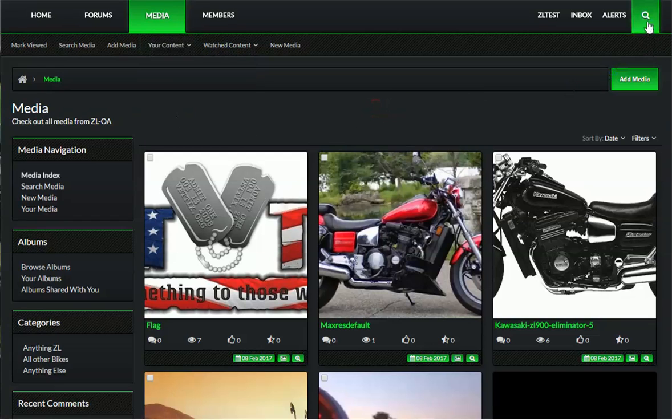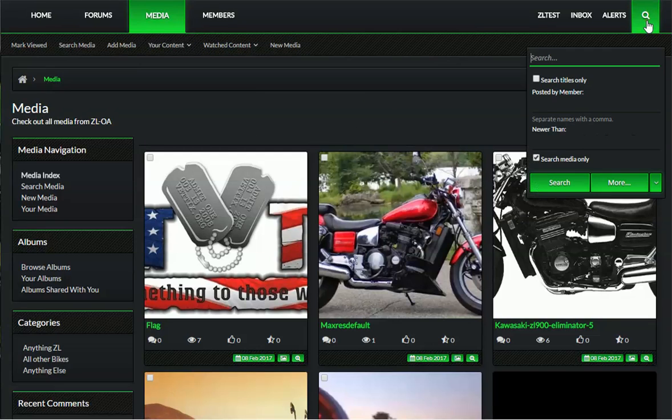Also, if you click the search up here in the upper right hand corner, you'll notice it puts a checkbox in search media only. So if I were to type something up here right now, say ZL900, and press search, it's only going to look in the media section and not look for any threads or posts